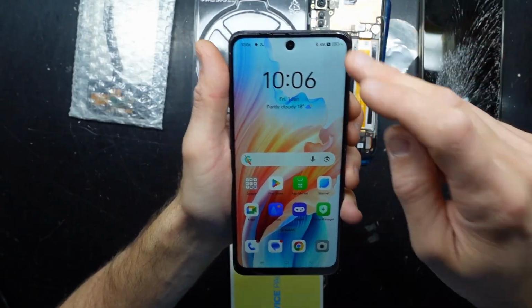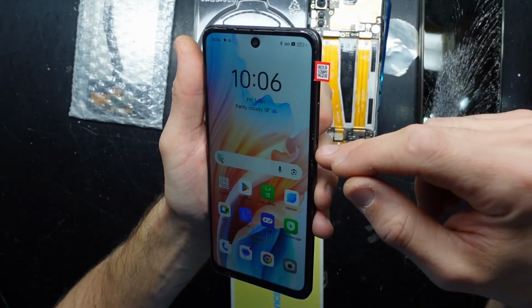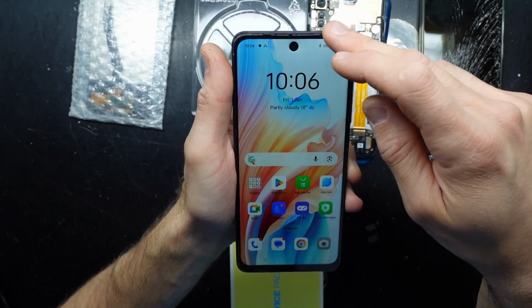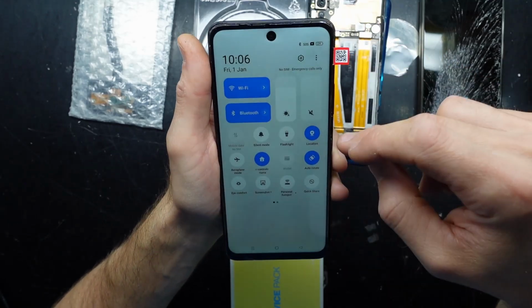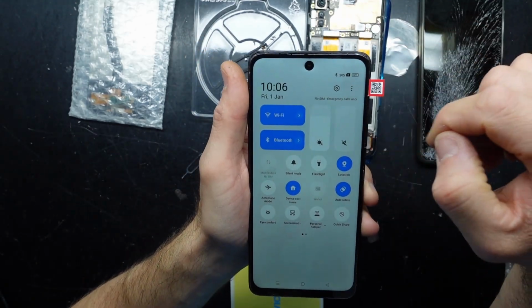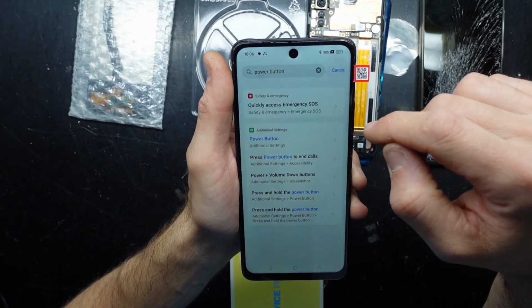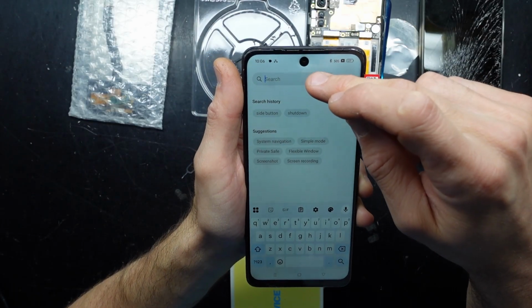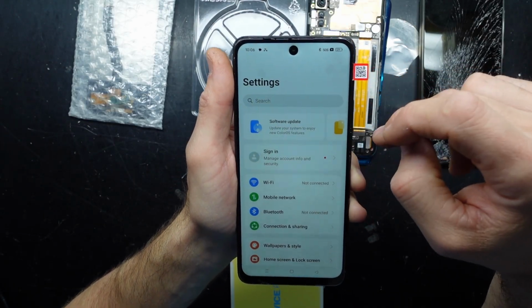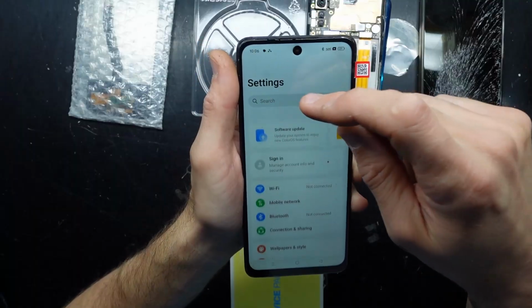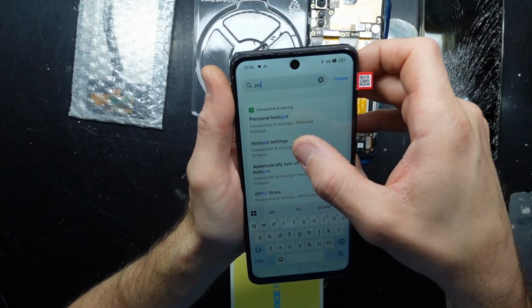No. We want to go into settings and we're going to change that to act as the power button once more. Flick once, flick twice, press the cog at the top of the screen. This will get us into settings. And all I want to do is at the very top here, where it's got search. So we have all these menus, but I just want to type in